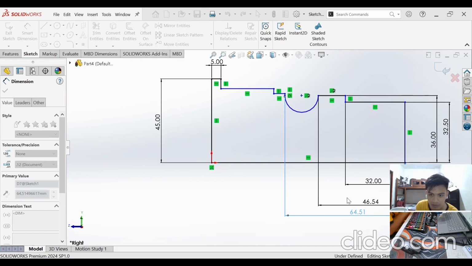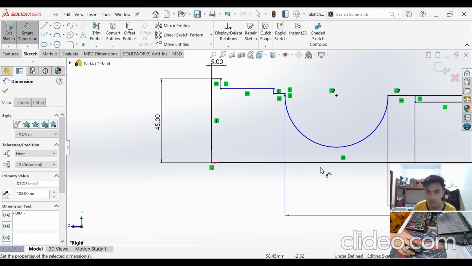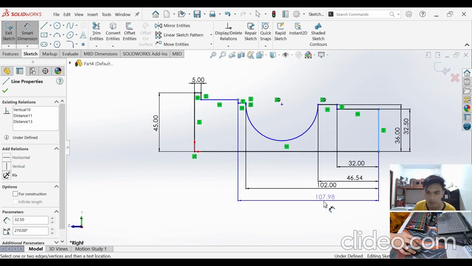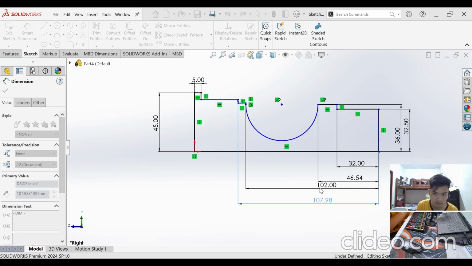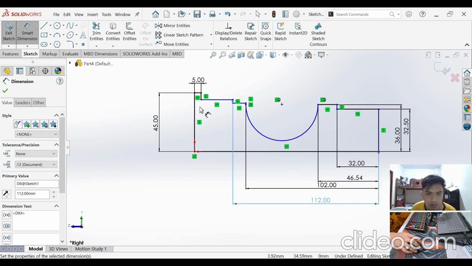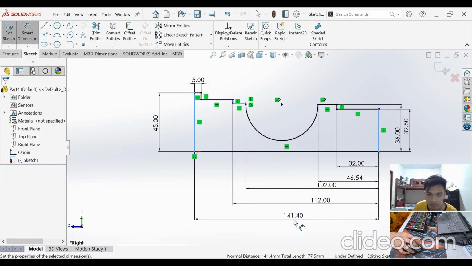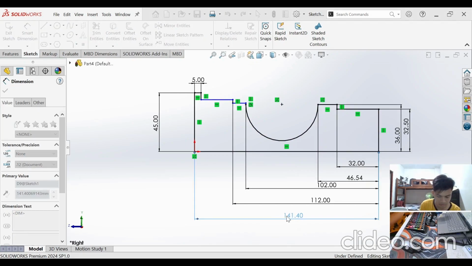This one should be 102. This one should be 112. And the final length of this shape should be 100.